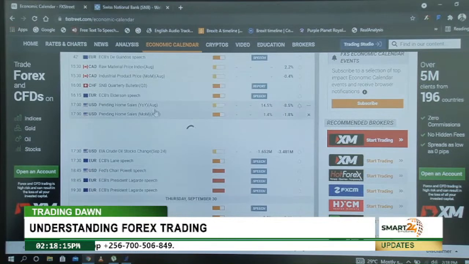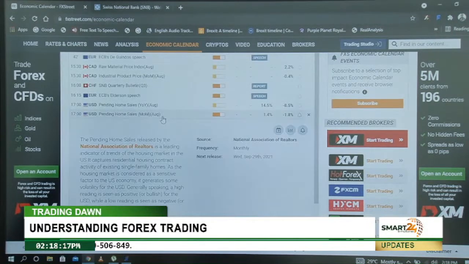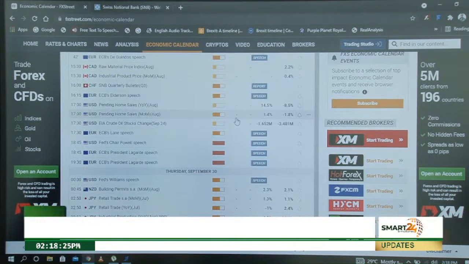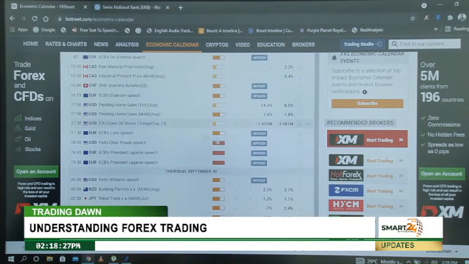Then that one was year over year. This one here is a month on month. So this one here, it's also good. This one here is a medium impact event. But given how the market is moving, these ones could easily give some good volatility. Now this one is also an improvement for the US dollar from negative 1.8% to 1.4%. So that is good for the